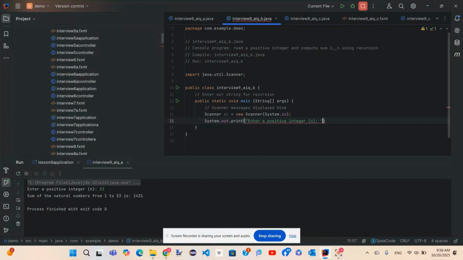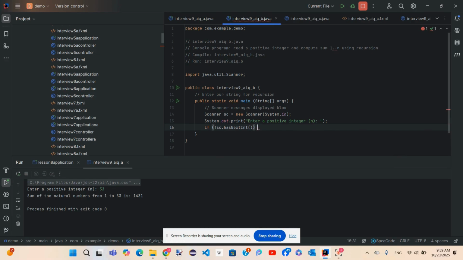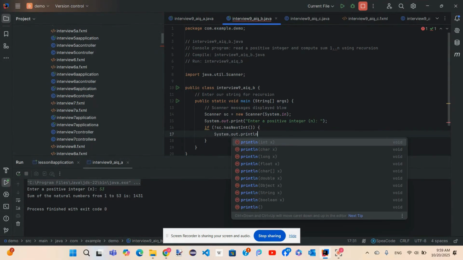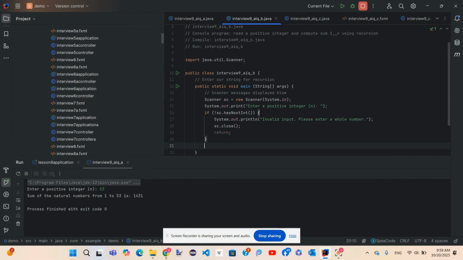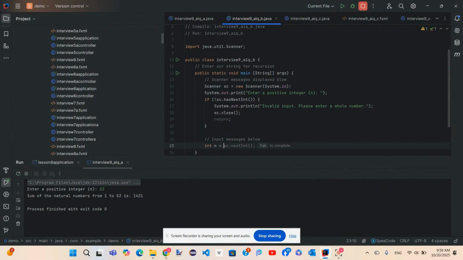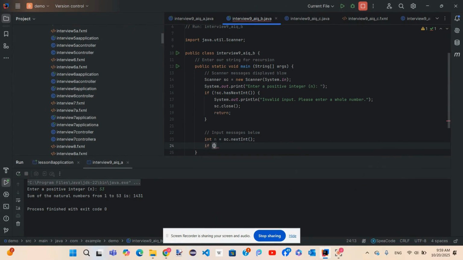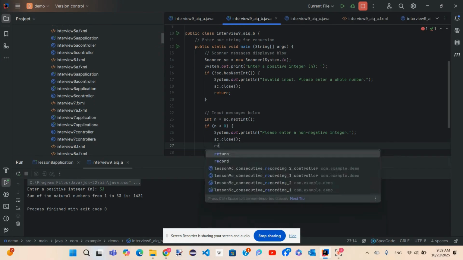If hasNextInt, else System.out.print invalid input, please enter a whole number, then close and return. Then int n equals scanner.nextInt. If n is less than 0, System.out.print: please enter a non-negative integer, then close and return.